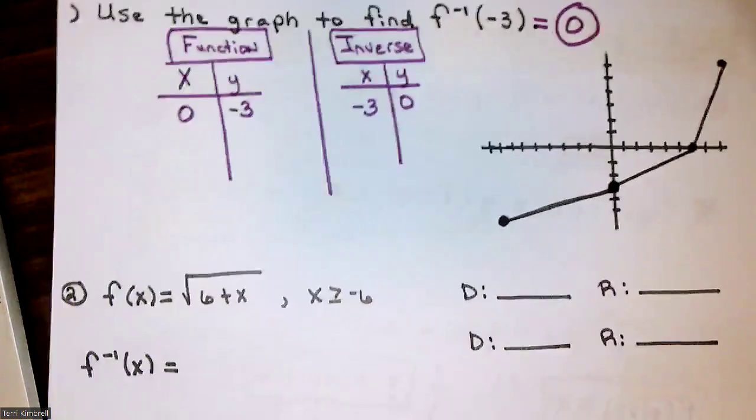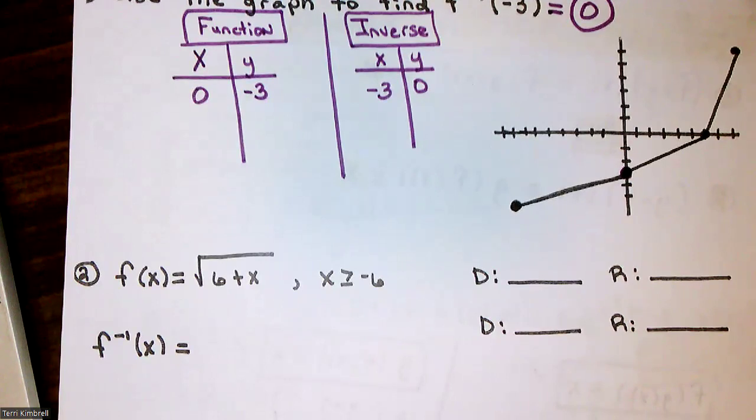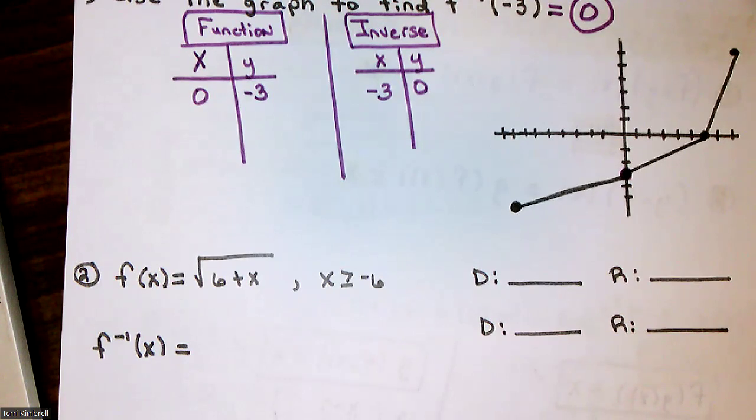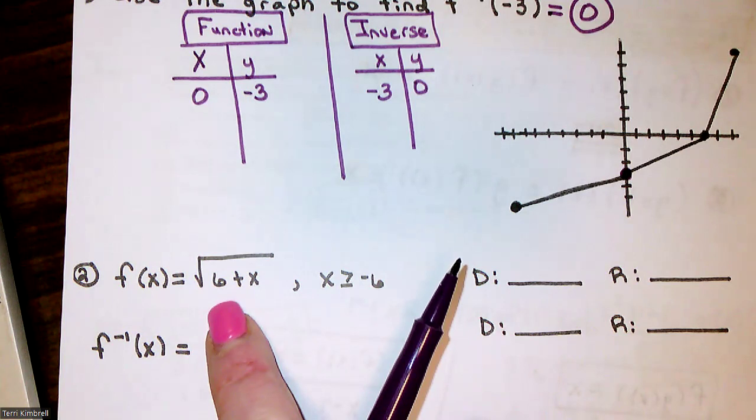Okay, use that and try to make you a T-chart to think about number 2. And we're looking at the domain and the range of both the original function and the inverse. So when you have an equation, you want to make a table and try to think about your graph. So a square root would be curving in one direction. And you can notice that the domain here is going to start at -6